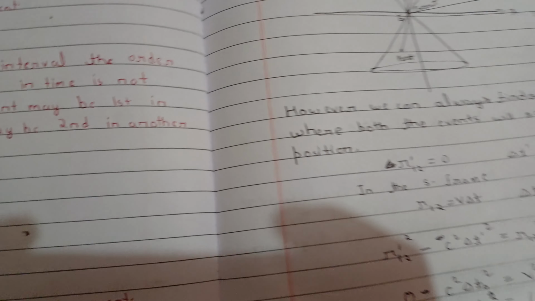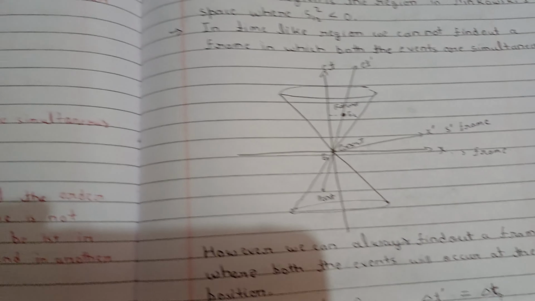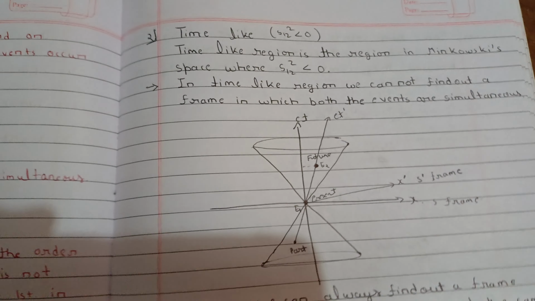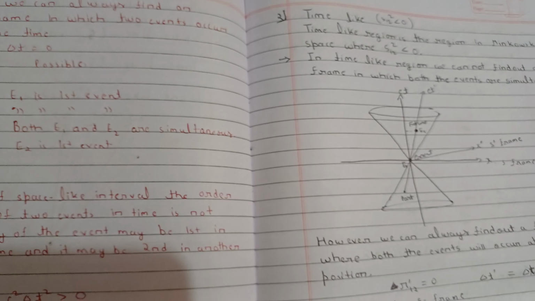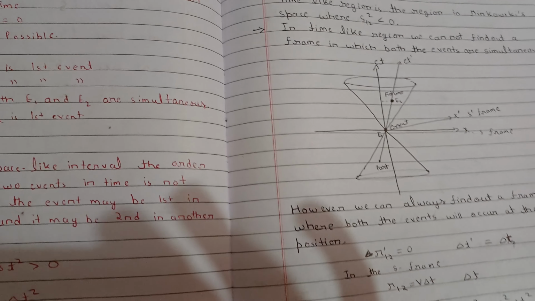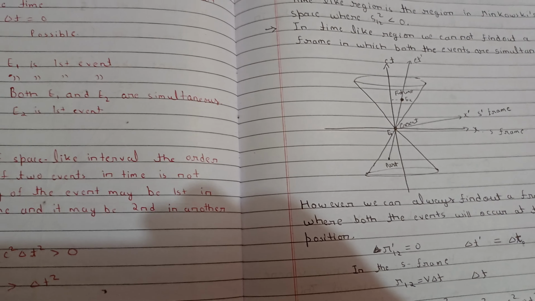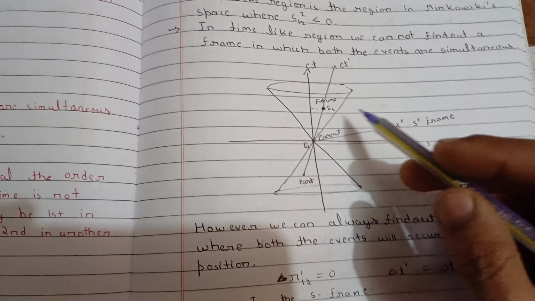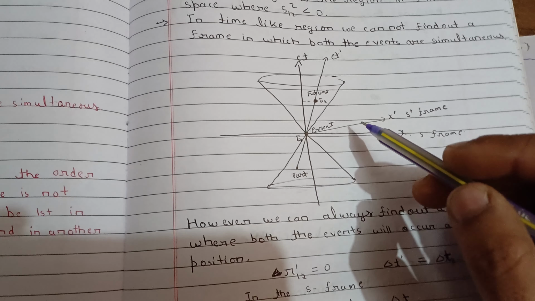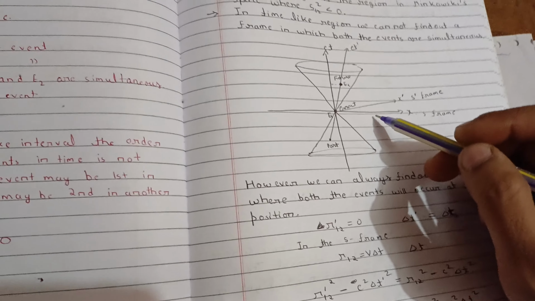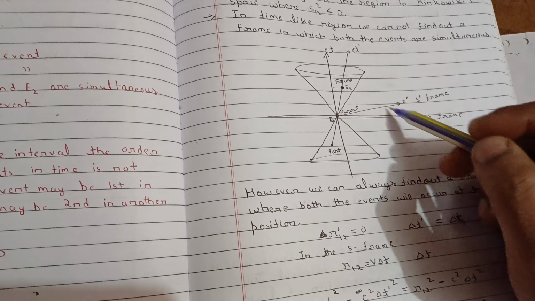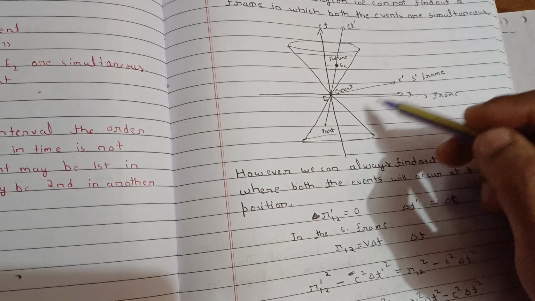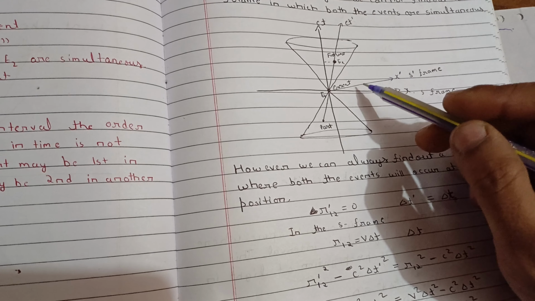So hello everyone, this is lecture 10 for the STR, that is Special Theory of Relativity. In the last lecture I told you the space-like region in the Minkowski's space, and that was this part. This is a space-like structure, or the area in the 4D space where time is not definite, and the crux was this, that time is not definite, and here we can find that